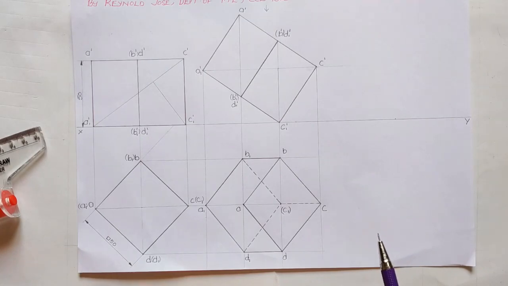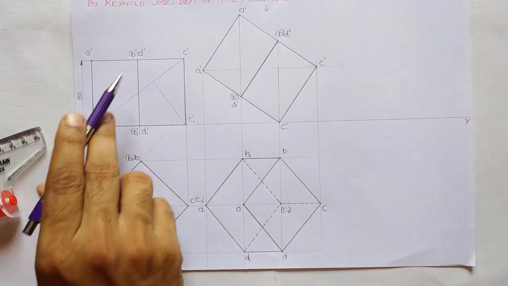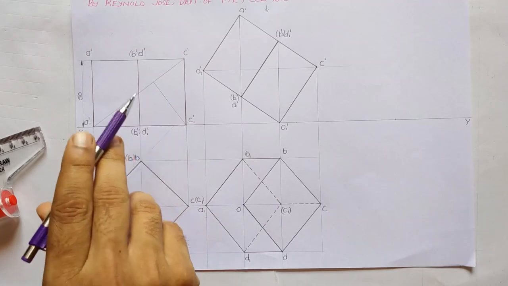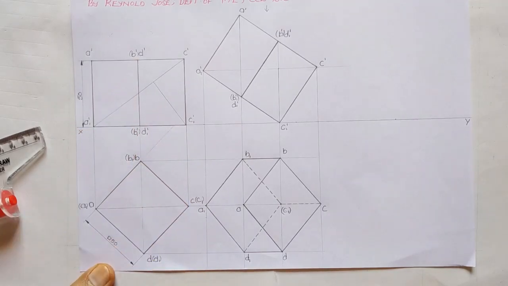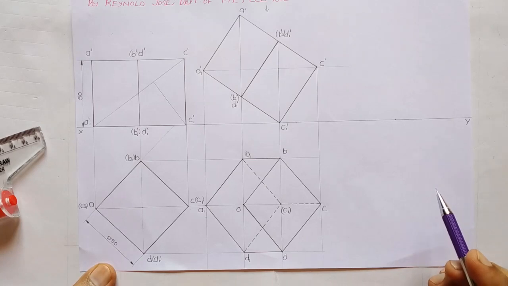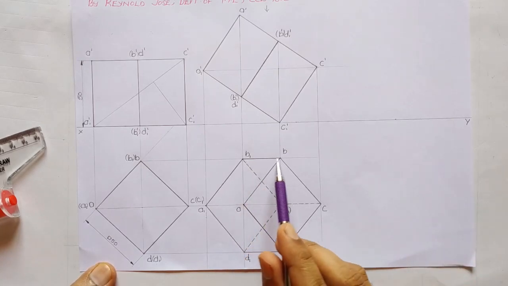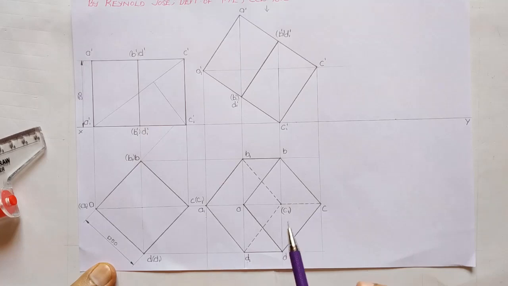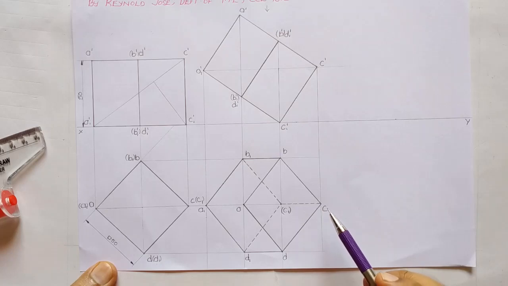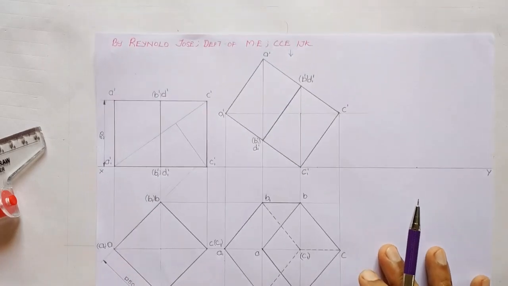Now we shall think about the lateral edges. Which are the lateral edges? AA1, BB1, CC1 and DD1. They are the lateral edges. How many of them have we drawn? We are having 4 lateral edges. BB1, already we have drawn it here. CC1 is here. DD1 is also here. So here the last one is AA1. What about the visibility of AA1? Already we have found out all the invisible edges in the top view. So hereafter there won't be any invisible edges. We shall check it once again and make sure of it.